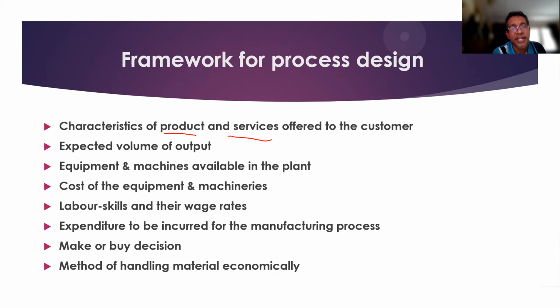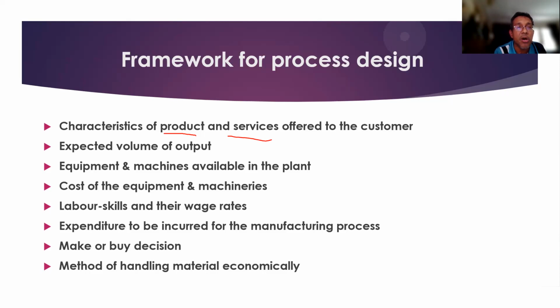You will learn in concurrent engineering that the input from the production floor and engineering side is given concurrently to the design department to design a better product. So when we design, we need to consider the equipment or machine inside the plant. When we have available machines and equipment, we try to utilize them.